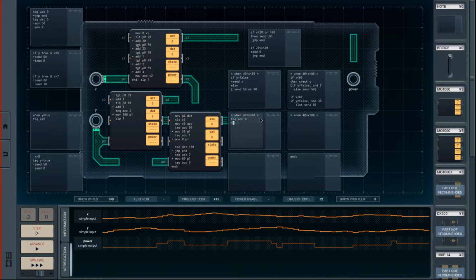If it is, how do I do the other part? I'm so bad at this. Alright. If y is false, then